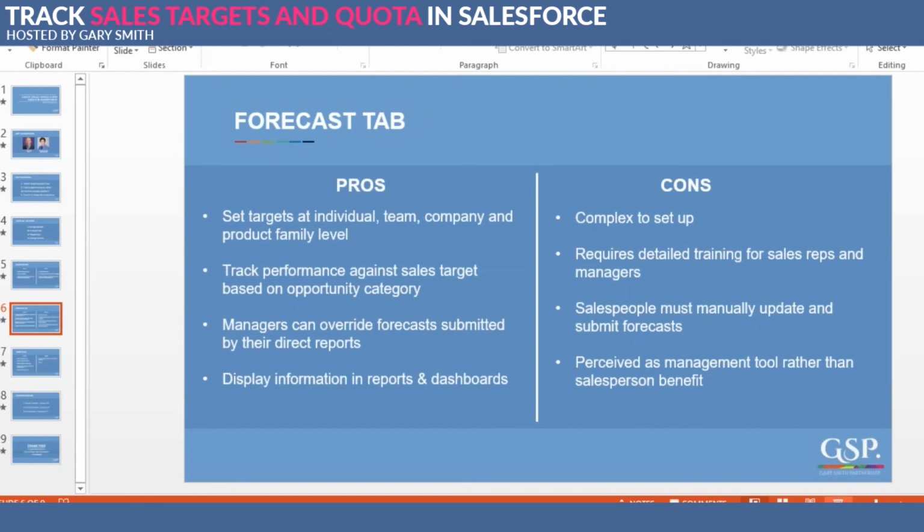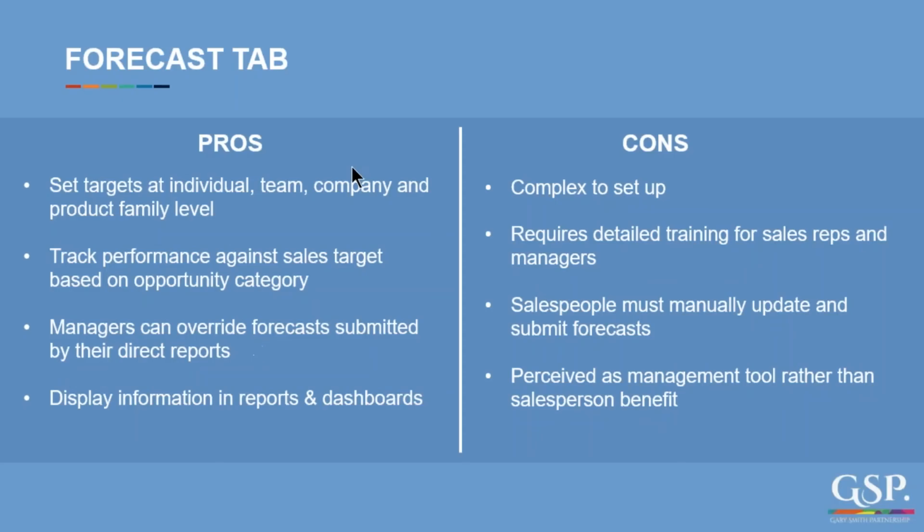And what I think are the key pros and cons of that: it's quite flexible. You can set targets at individual and team level, you can roll them up to the dashboards and so on. You can see the sales pipeline in terms of different forecast categories, best case, commit, pipeline, and so on. Managers have a bit of flexibility to override forecasts of subordinates. On the downside, yeah,